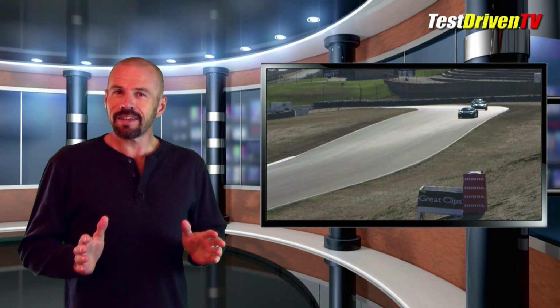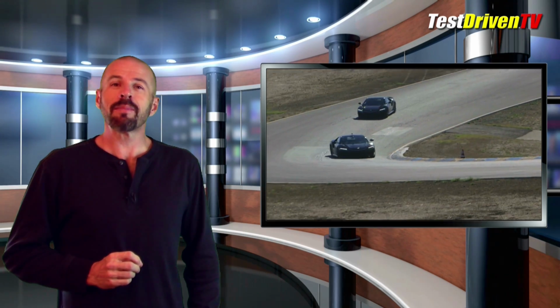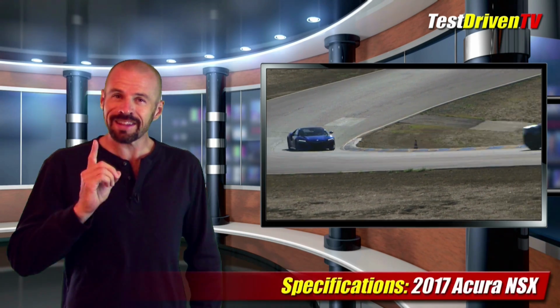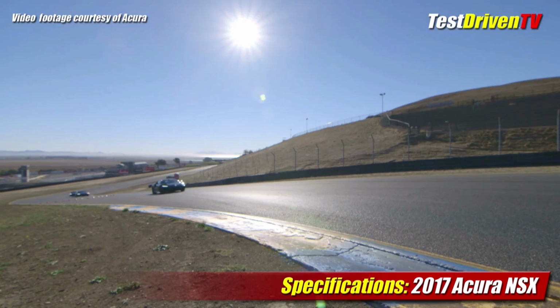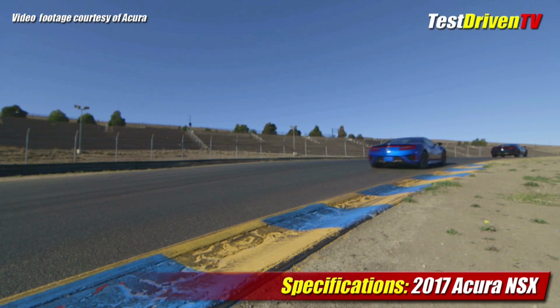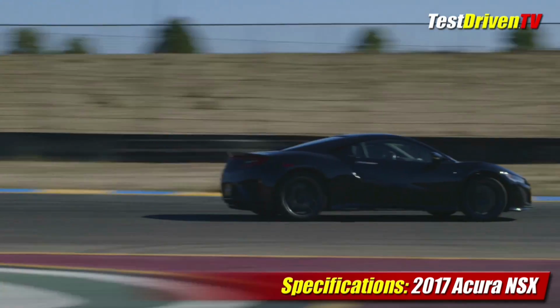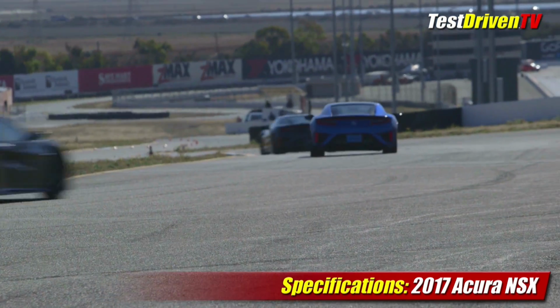There's been a lot of teasing and a lot of waiting, and I mean a lot of teasing and waiting from Acura about their new NSX sports car, that this week they finally gave us the specifications. It's the spec sheet dreams are made of, a lightweight sports car with a mid-mounted twin-turbocharged V6 engine and a 9-speed dual-clutch transmission. Added into the mix is an electric motor at the crankshaft for more power, and at the